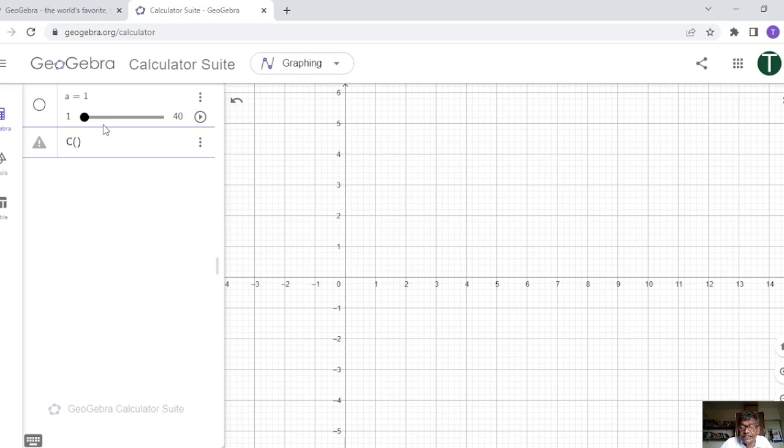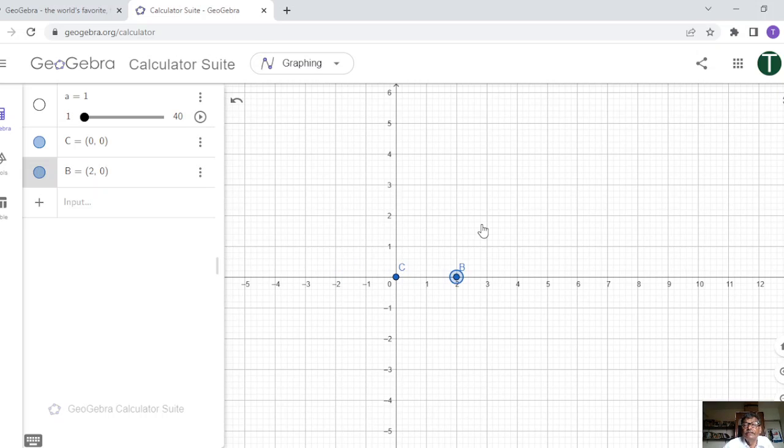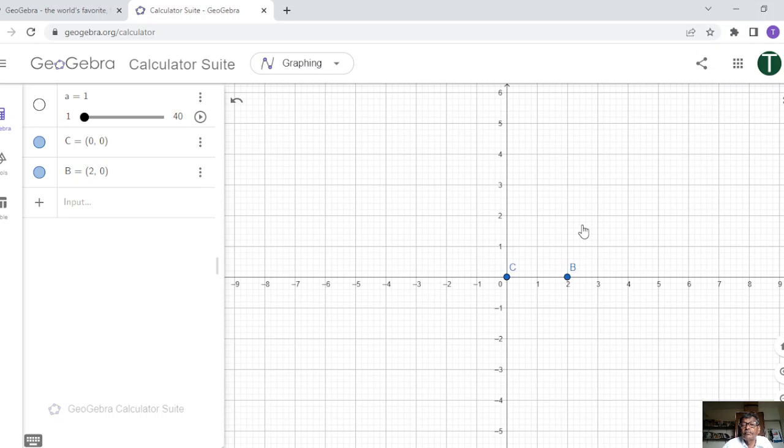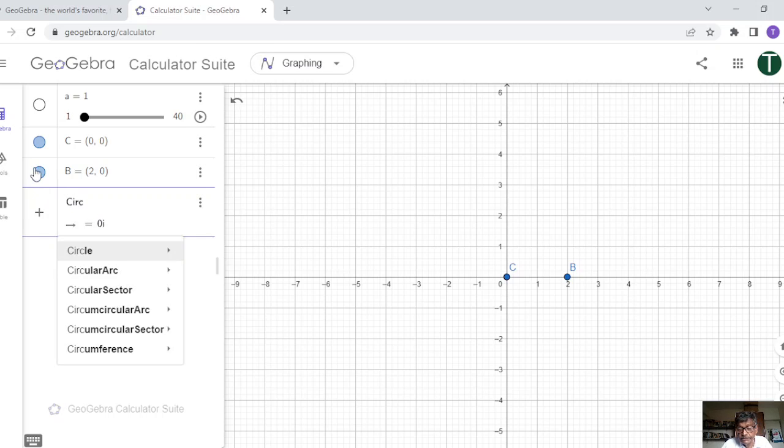Suppose it is at the origin, create a point C, and then create a point, say B, at 2 comma 0. This point has been created. Okay, then I draw a circle. I'll draw circle slowly,